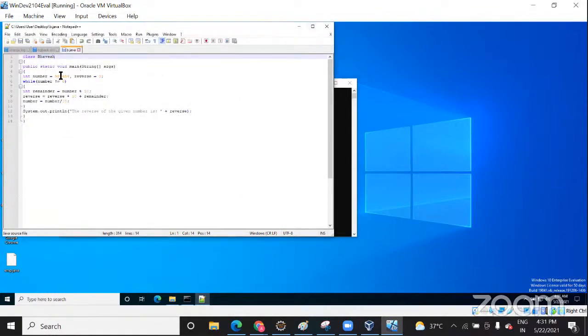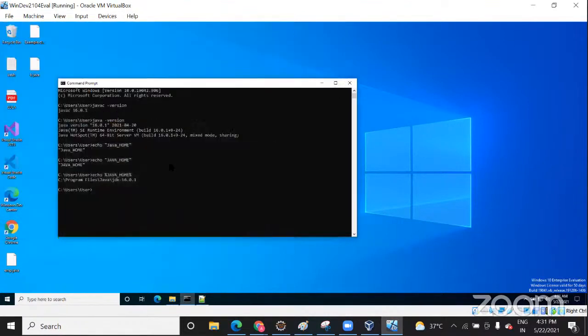This is the program to reverse the number. Have you tried this program before? Yes, we have tried it in C++. So here the program is to just reverse the number, whatever you are reading. Here I have just read the value, but my motive was to explain the same. Let me run it and then we can discuss it.